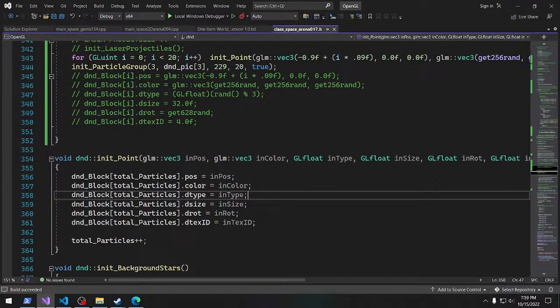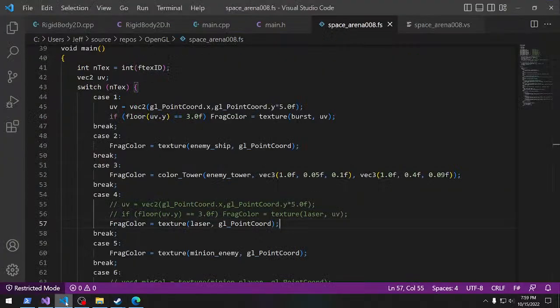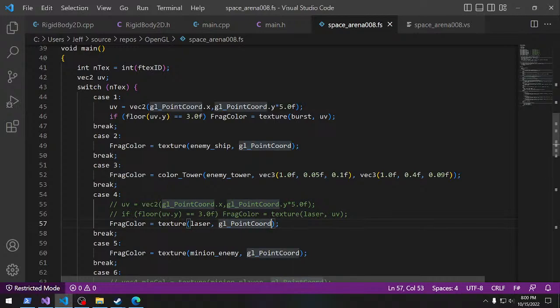Right, so we have to multiply. Okay, so let's go into the shader for the laser. No, so when we get the texture for the, we need to know here, because it's going to go from 0 to 1, but it's